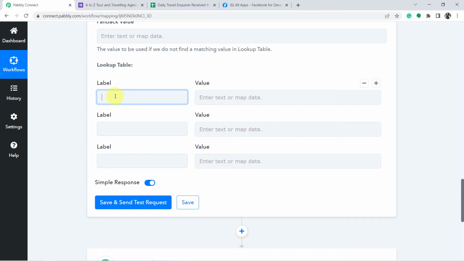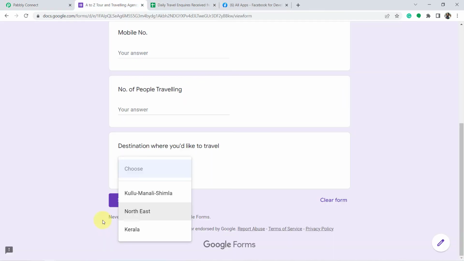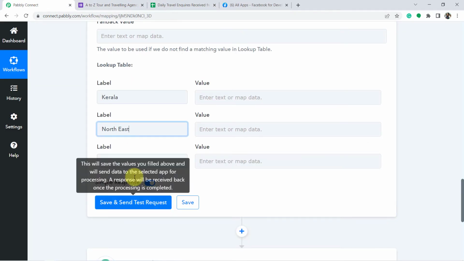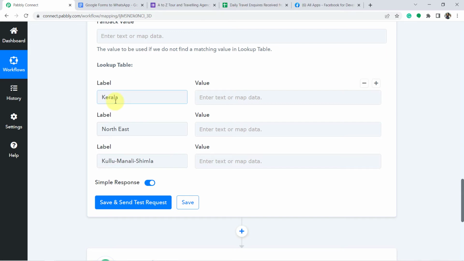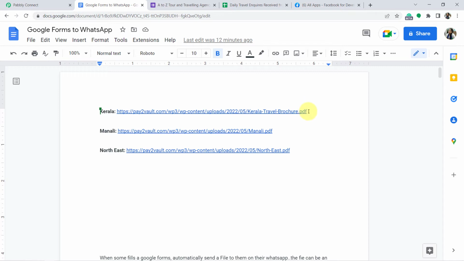So I will write all 3 destinations here: Kerala, Northeast, and the last one is Kullu Manali and Shimla. Okay. Now I will tell the system if Kerala has been chosen, the system has to send this particular PDF